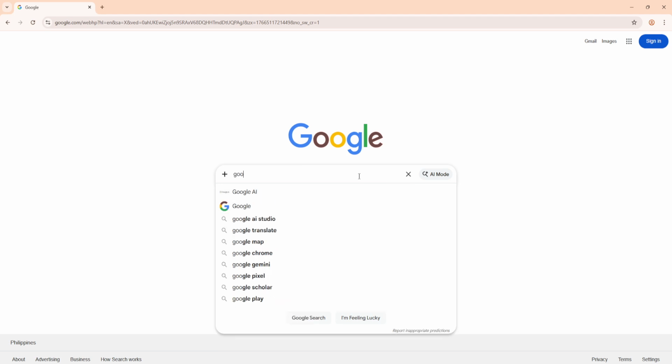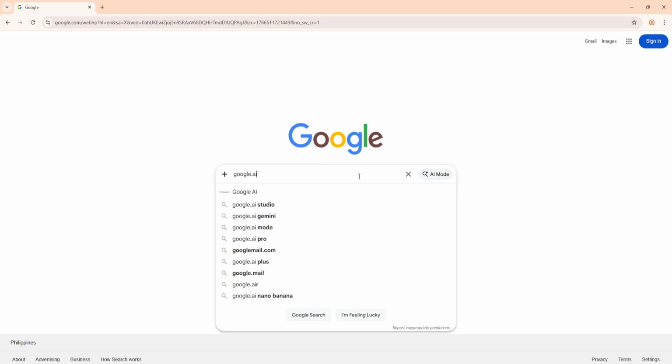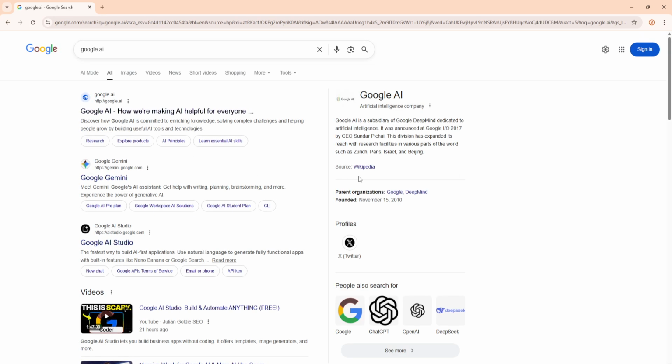Type google.ai and press enter. You don't need to add www or worry about capitalization. Chrome will understand it. If you see an autocomplete suggestion for google.ai, you can select it to save a second. If your network is strict about security, just make sure the page loads with a secure connection and the domain